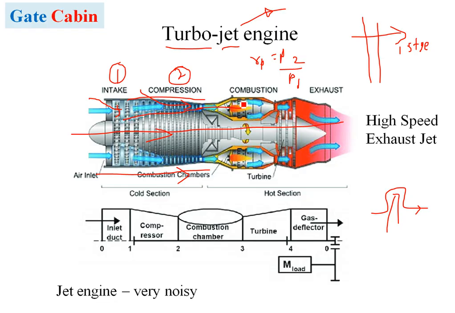Here we are able to see a can type combustion chamber. This is a cross section of a turbojet engine. There are many types of combustion chamber. Here we see small cans arranged in a peripheral, circular manner around the axis of the turbine, and within these cans the combustion process takes place in order to generate a high temperature gas.